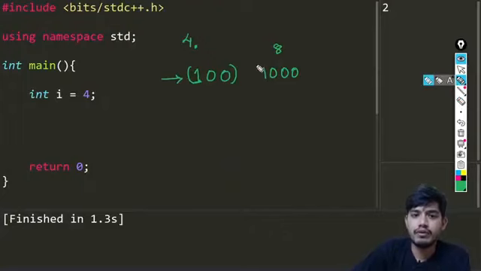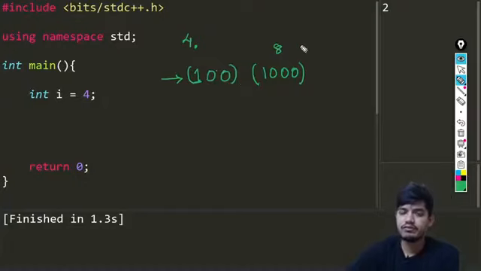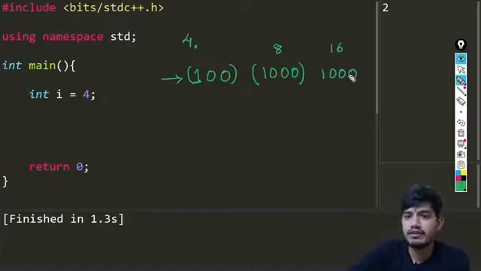I hope you'll be making some sense out of this. Whenever we are talking about powers of 2, you can see only one bit is set in all of the cases. For example, 16 will be 1 followed by 4 zeros. So 1, 2, 4, 8, 16, 32, 64, something like this, it goes on.